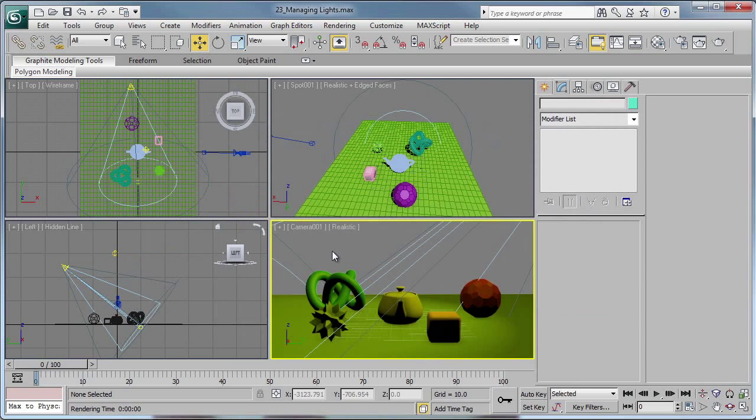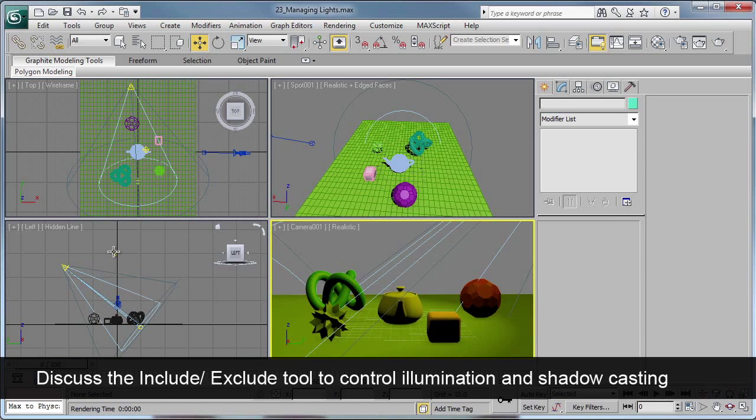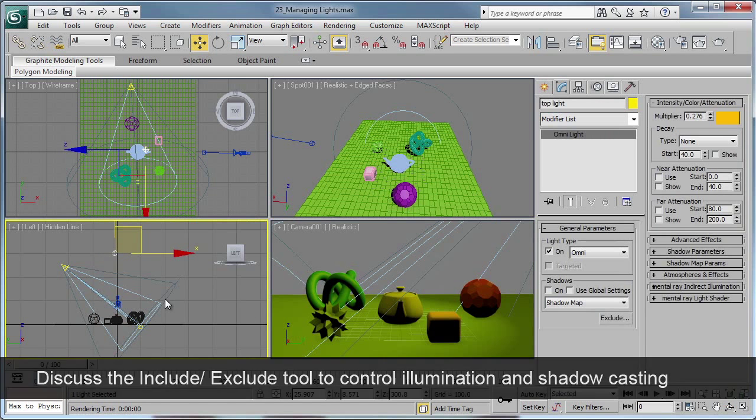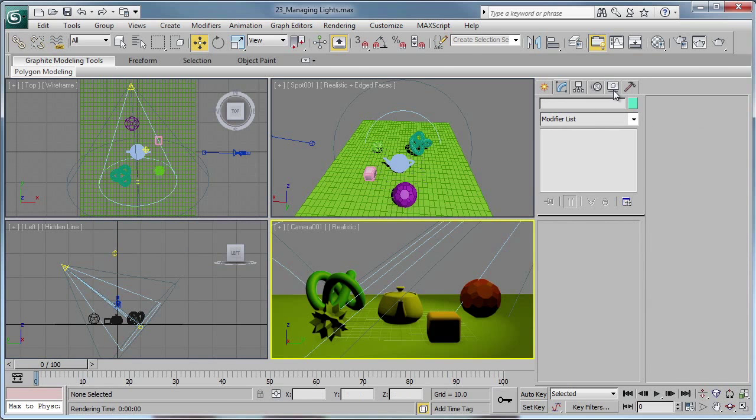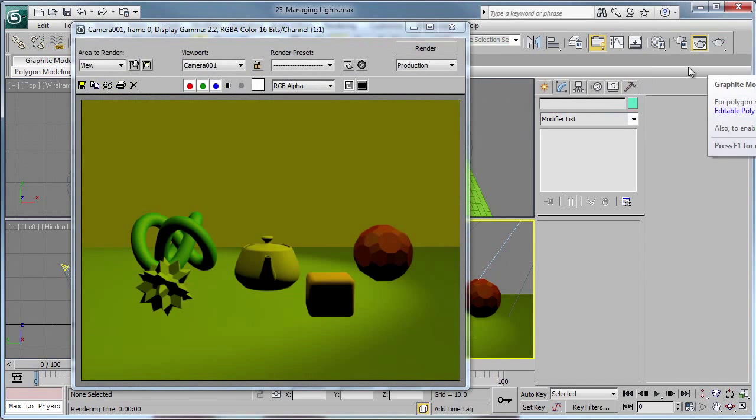The next thing we're going to see is the include exclude tool, which is very handy again. So light in 3D will cast on anything and everything that's in the scene, unless you tell it to cast illumination and shadows and everything on a particular object or objects. So that can be controlled very easily. Right now my Omni light over here is going on the entire scene, and if I render it, this is what it looks like. So if I go with my Omni light selected,